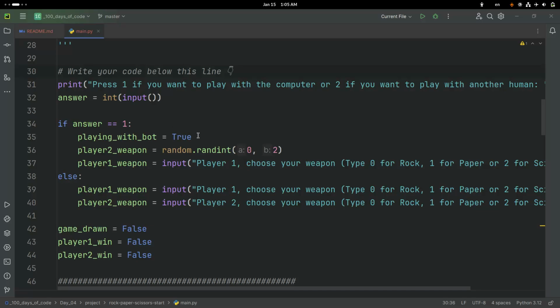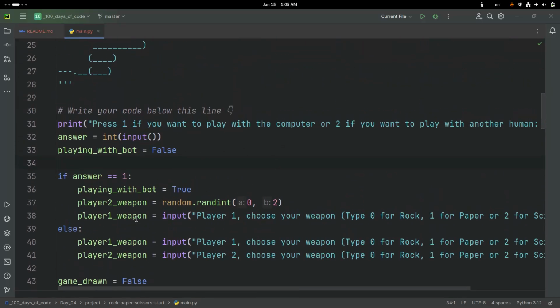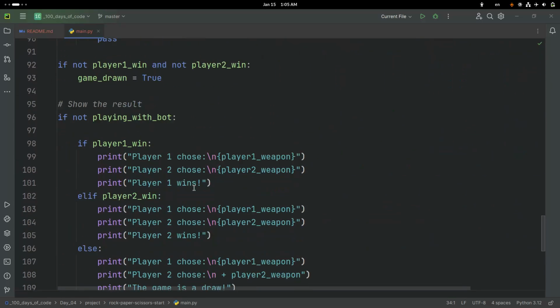Always, it's a bad idea to do it like this. So I'm gonna say false here. So it's never, yeah, because if this was false, maybe this wouldn't,